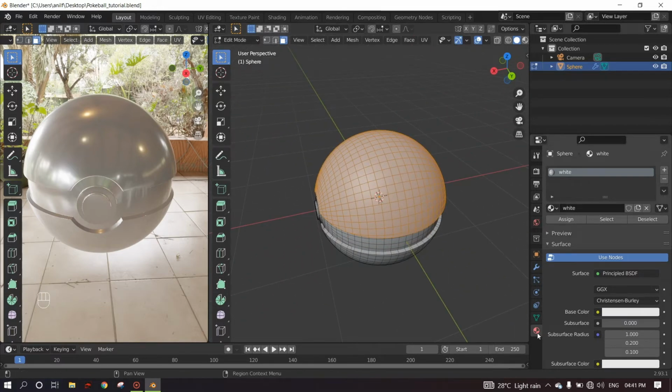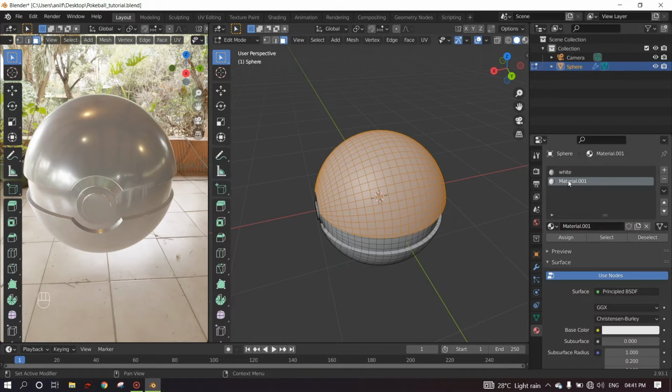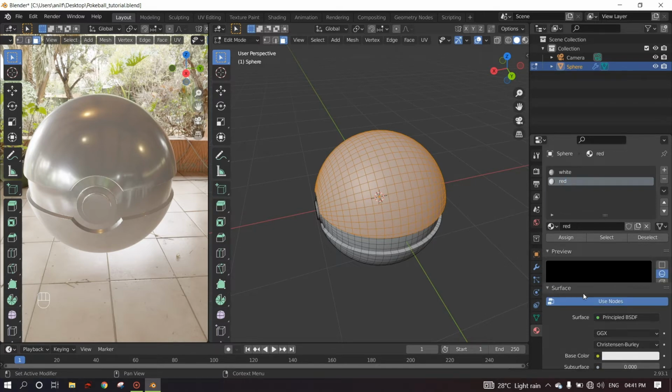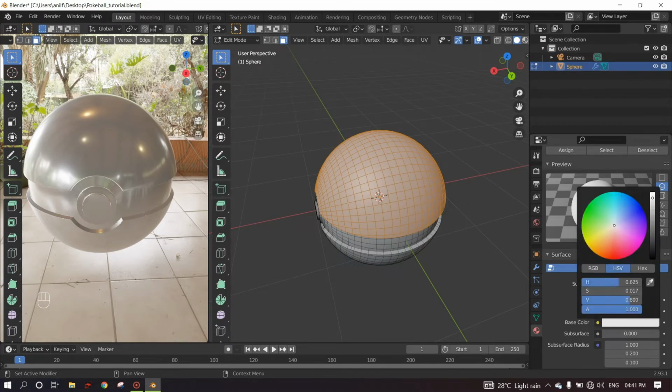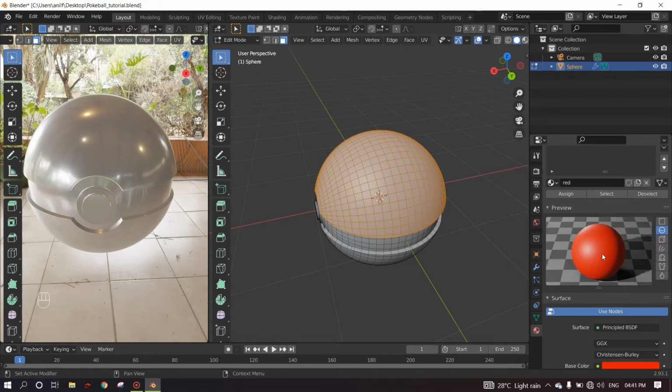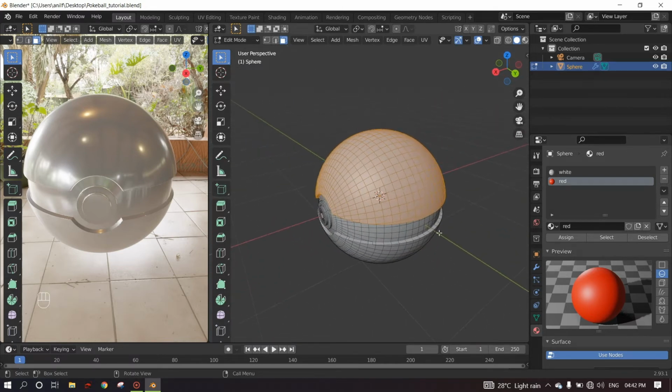So in the material properties, add a new material by clicking on the plus sign and click on new, and this will add a new material. Double click and type in red and enter. If you preview this material is white currently, so the base color, click on the base color and give it a red color. So as you can see, there's a red color here, and you need to assign this material over here. So when the faces are selected, click on assign, and here you can see you have assigned a red material